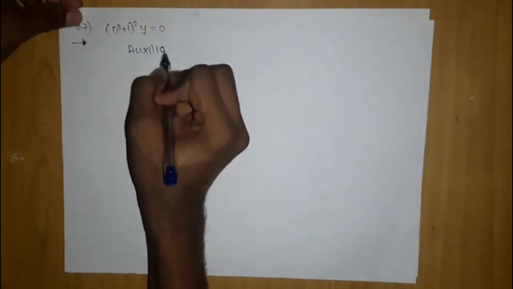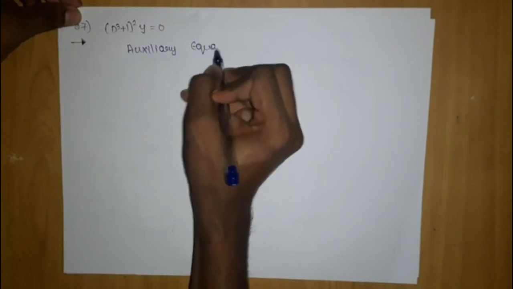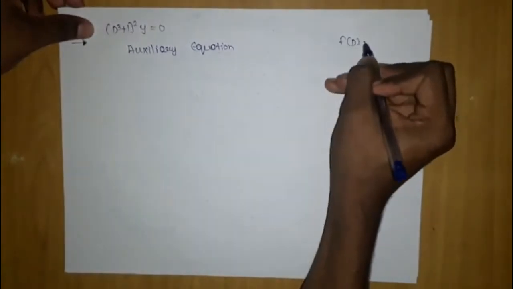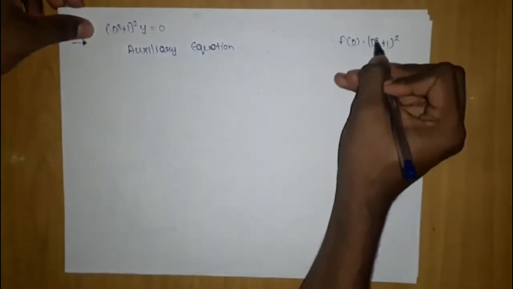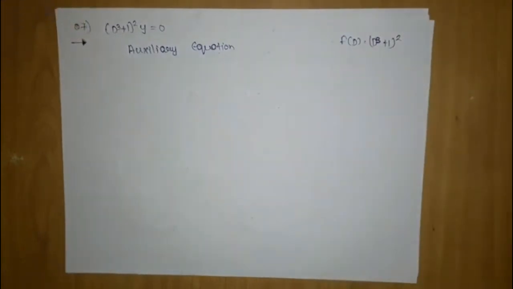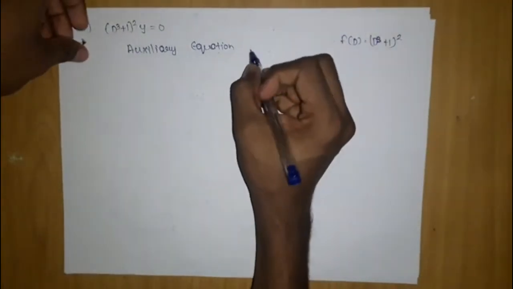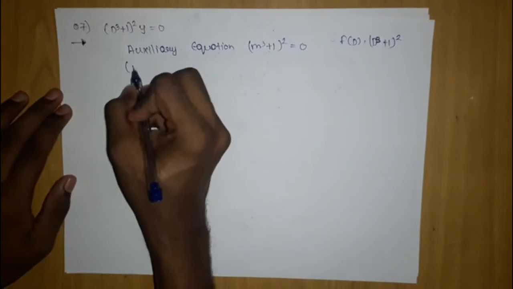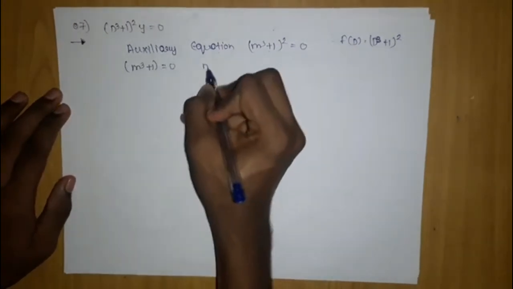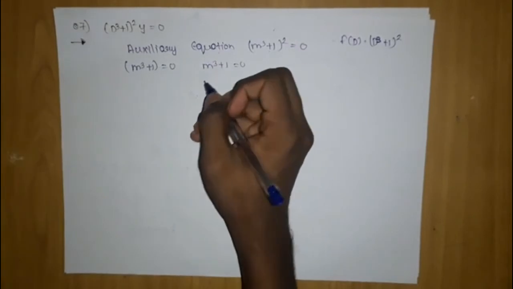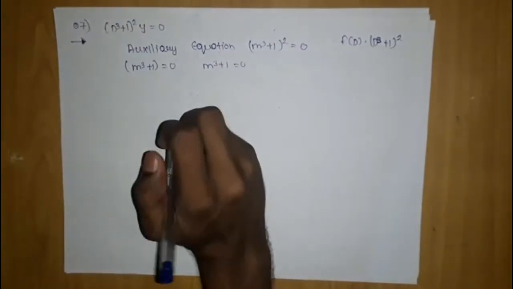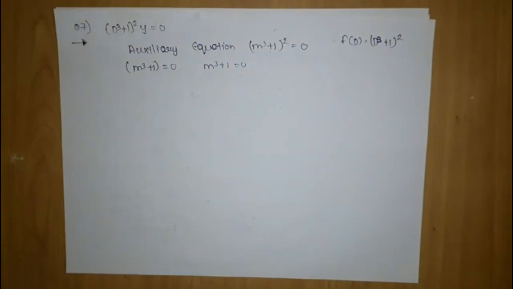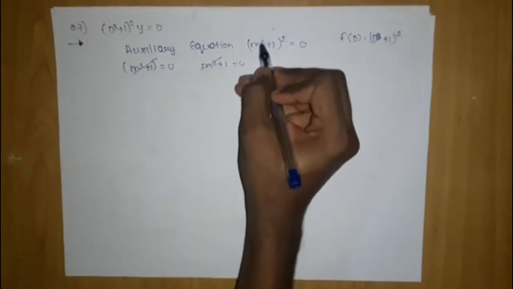and its auxiliary equation: just replace D in f of D. Here f of D is nothing but (D cube plus 1) the whole square. You don't need to write this, okay? You have to understand by comparing it with the general f of D into y equals Q of x. So here the auxiliary equation is (m cube plus 1) the whole square equals 0. So you have 2 times m cube plus 1 equals 0, m cube plus 1 equals 0. Now what you can do, instead of doing this, we can do one thing. This is m cube plus 1.